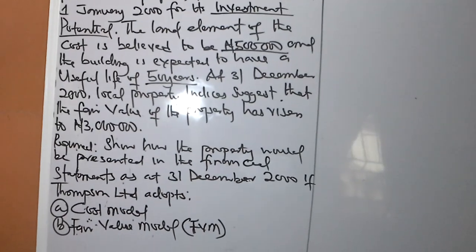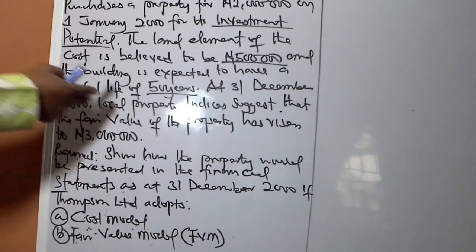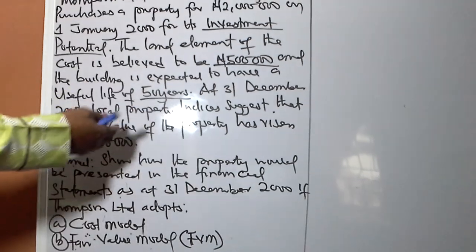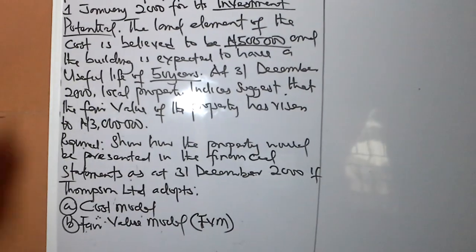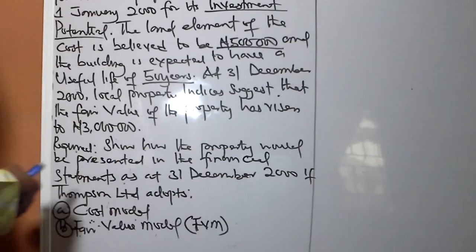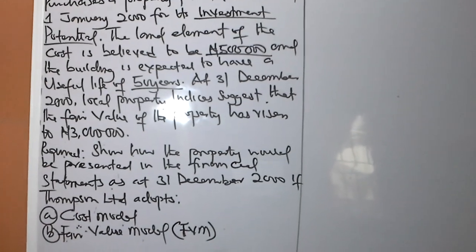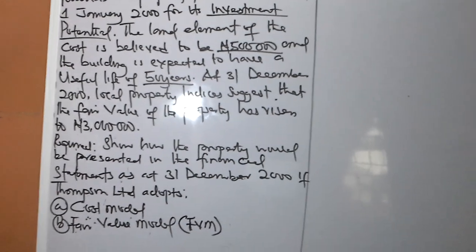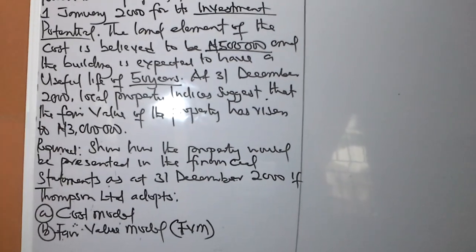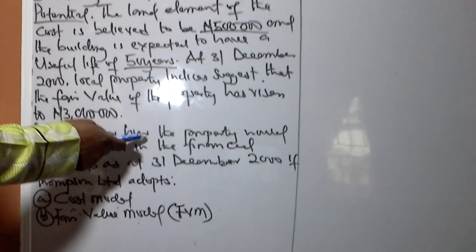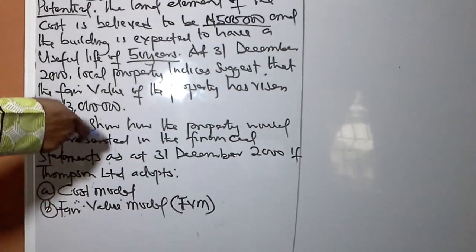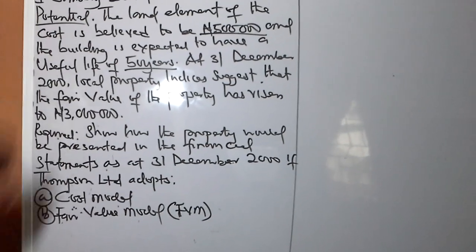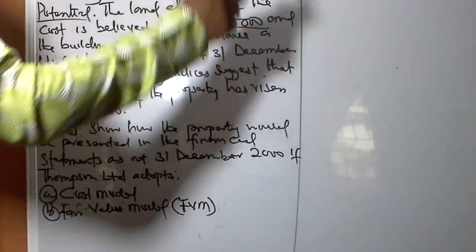As at 31st December 2000, local property indices suggest that the fair value of the property has risen to 3 million. Meaning at the end of the year, 31st December 2000, the fair value of that property is 3 million. Required: show how the property would be presented in the financial statements as at 31st December 2000 if